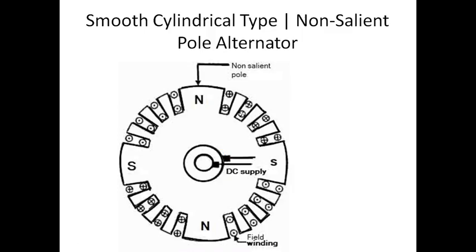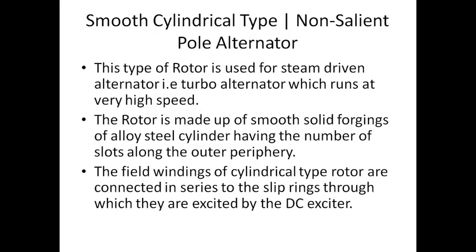Next is your smooth cylindrical type. In this one, nothing is projected outside. In my salient pole, some poles were projecting outside, but here no poles are projected outside. This type of rotor is used for steam driven alternators, turbo alternators. Why am I going for this particular non-salient pole? I want a very high speed. My motor should rotate at a very high speed, so I'm going to go for this particular type of